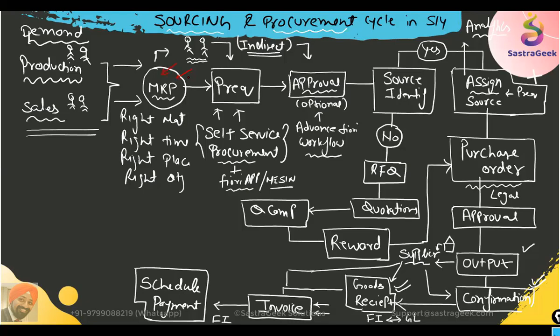Starting from this process, MRP has also been innovated like anything. We have DDMRP, demand driven MRP. We have MRP Live. We have predictive MRP. All these things only with S/4HANA. Self-service procurement only with S/4HANA. Advanced Fiori workflow for approvals only with S/4HANA. The My Inbox application, where you can use it on mobile to get approvals done, is available with S/4HANA. Assignment of the source and usage of analytics to make your decision is available with S/4HANA.